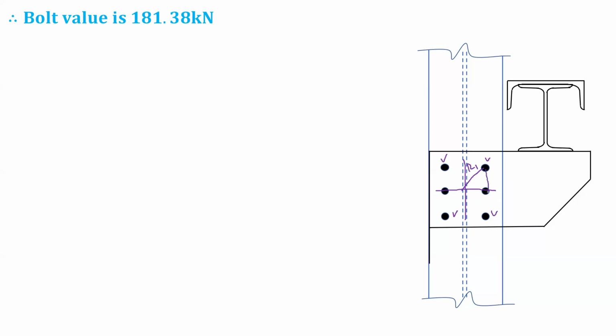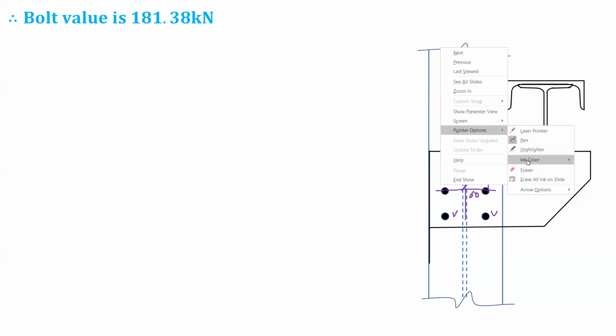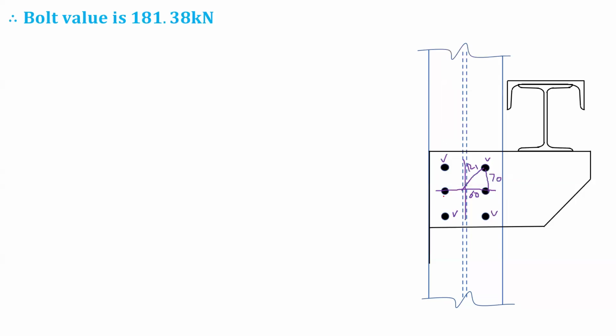Now the vertical distance in this case is 70, and the horizontal distance is 60. And second we have R2. We have R2 for these 2 bolts. Now these 2 bolts have the same distance, but along the line which passes through the CG of the bolt group. So for these 2 bolts the value of R is 60 mm only. So here the vertical distance is 0. Now you can see 120 is the same, now 70, and then we will